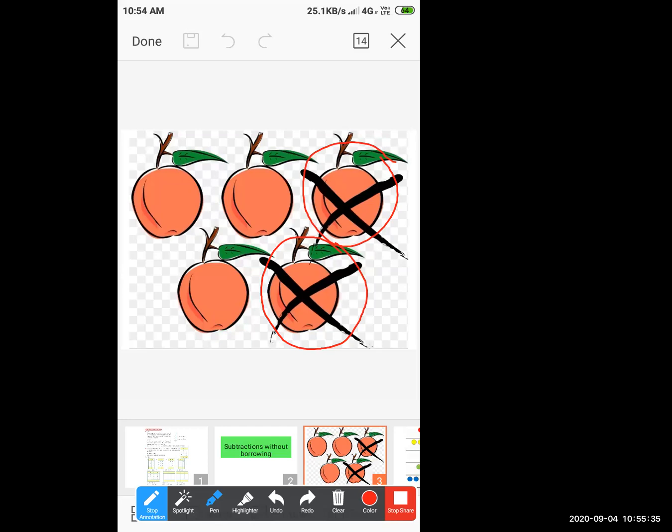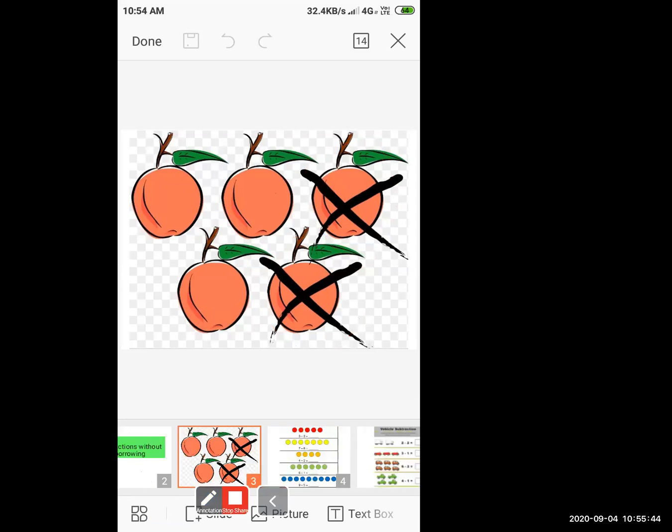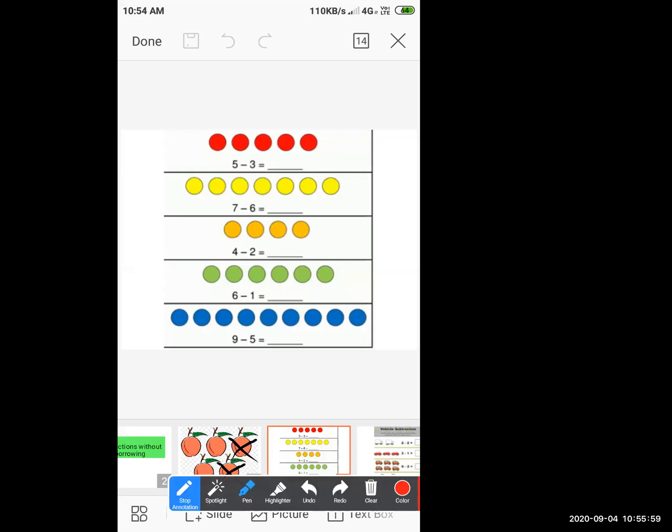Yeah, 1, 2 and 3. Total how many apples are there? 3 apples are there. Till here everyone understood? Now it's a simple sum of subtraction. Now I'm going to the sign of subtraction. What is the sign of subtraction? Yes, it's a slipping line.